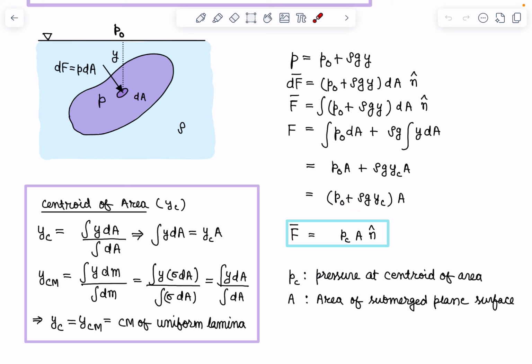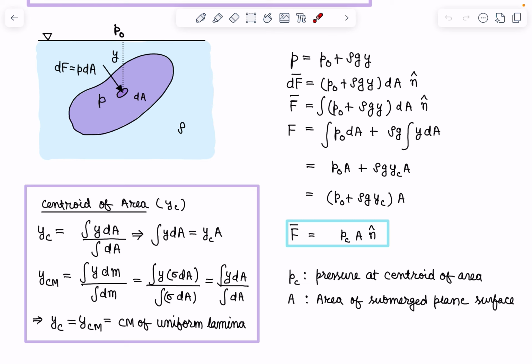So the steps to find the net hydrostatic force on a plane submerged surface: we first have to locate the centroid of the area, and the centroid of the area will be nothing but the center of mass of a uniform lamina of the same shape. Once we have found out P_C, all I need to find is the area of that surface, and when we multiply these two terms, the net force will be known to us,